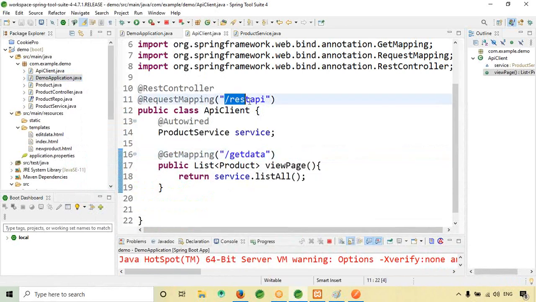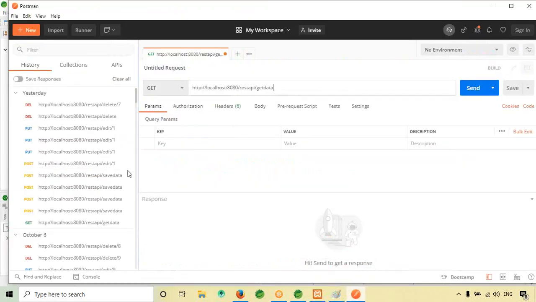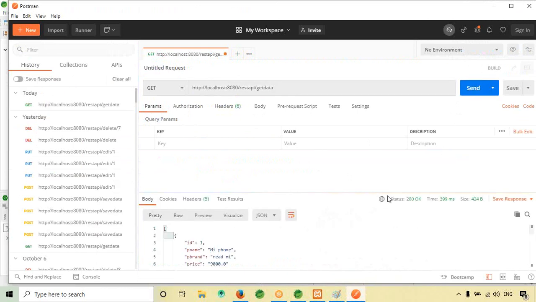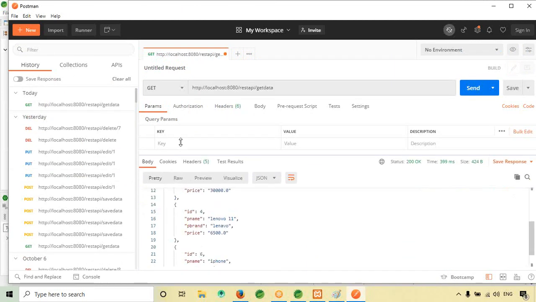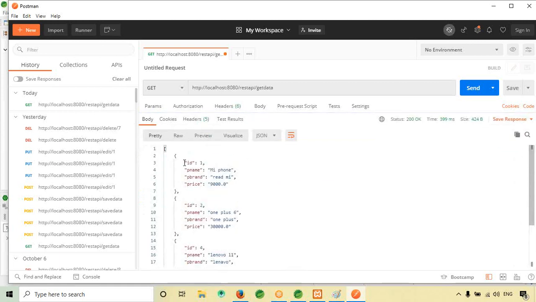I have just called the REST API and getData here. Now I need to click Send. See here, as soon as I send the request, the status is 200, which means there is no problem in executing your query. See here, by default the data is coming in JSON format. See, key is there, value pair is there.